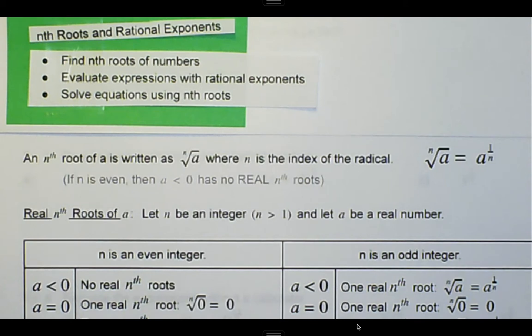We're talking about nth root and rational exponents. And in order to solve some questions going forward, we're going to have to remind ourselves of a couple things. So an nth root